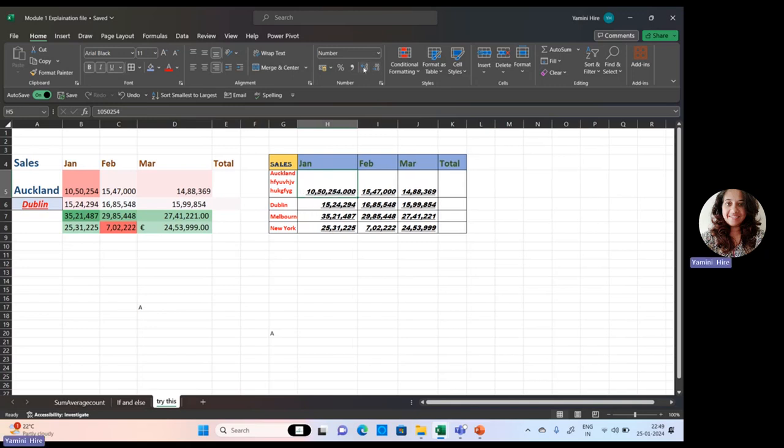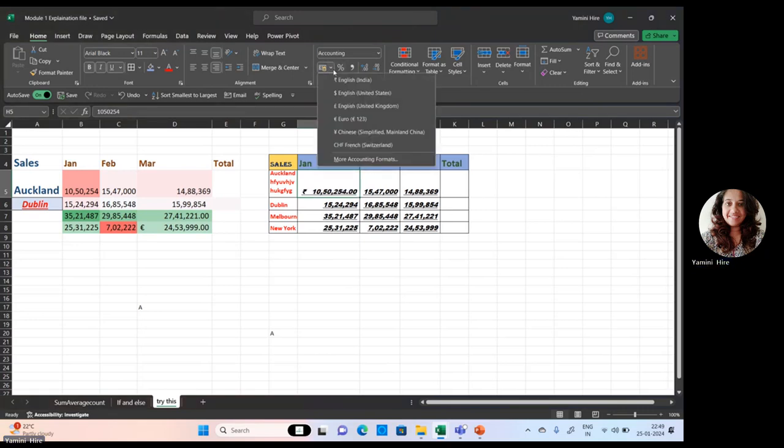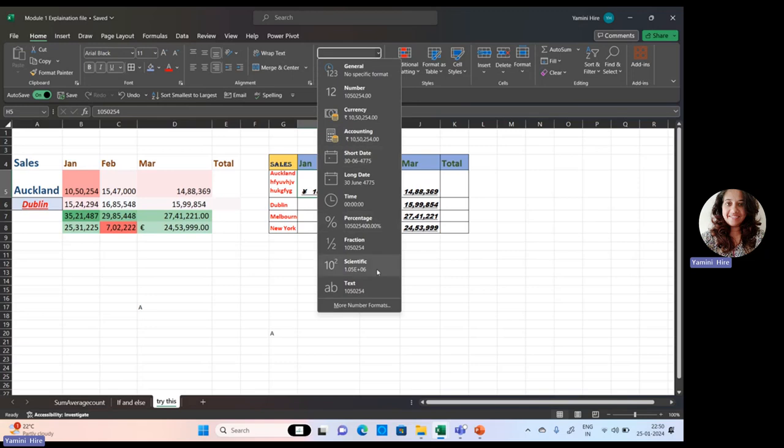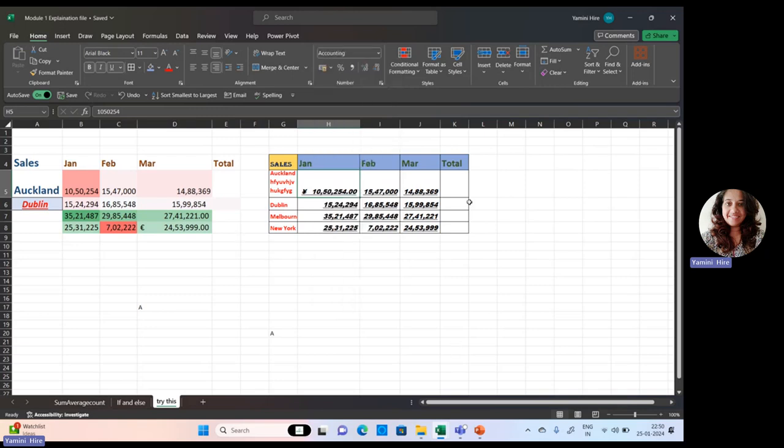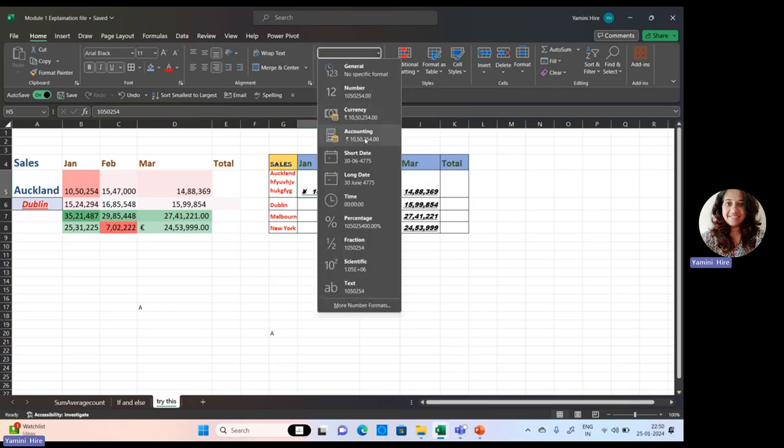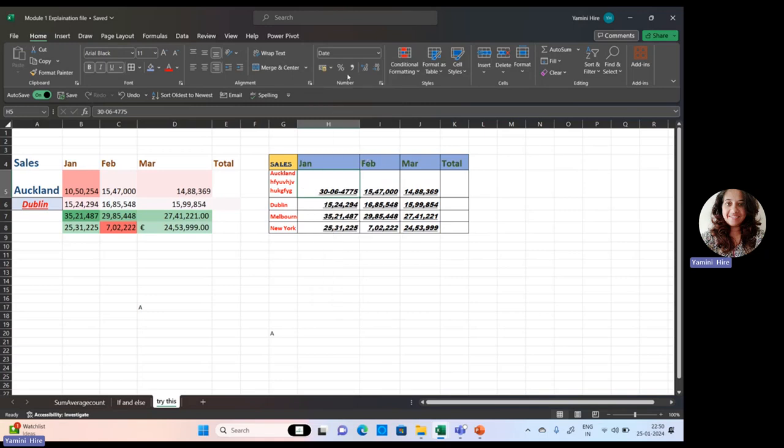How many decimal points you want, like that you can format. You can use the commas, you can give the percentage sign, you can give the currency in front of that. Okay, there are lots of formatting options. Fractions are there, currency, number, general, long date, short date, so many options. For the dates, you can go to the dates and change that formatting. Okay,